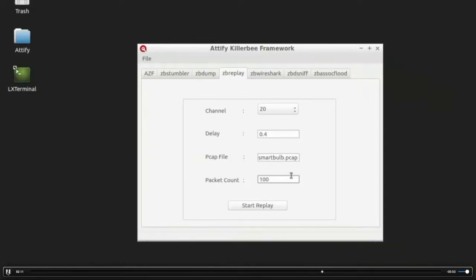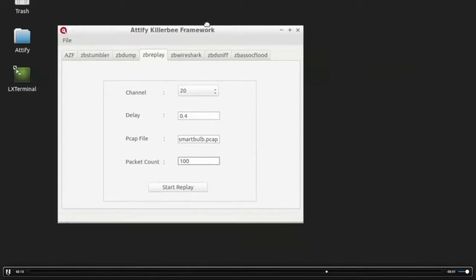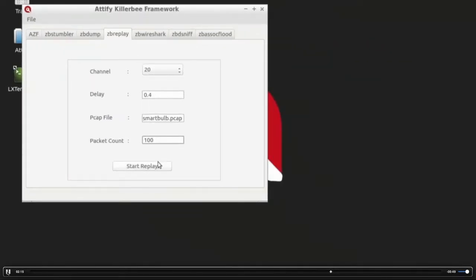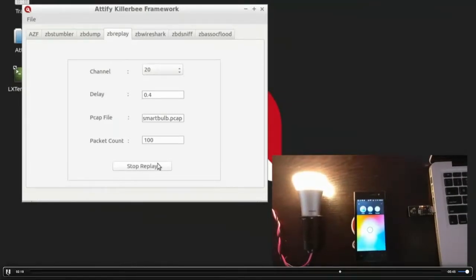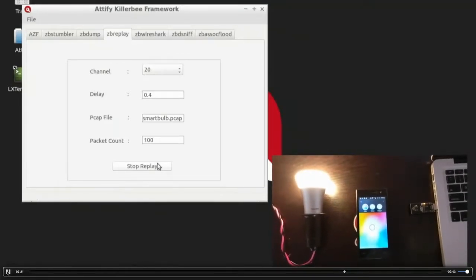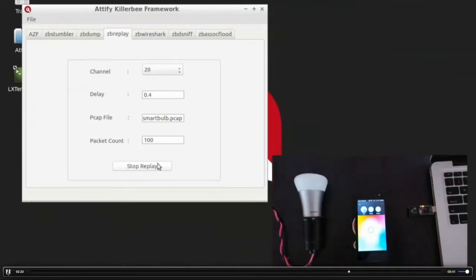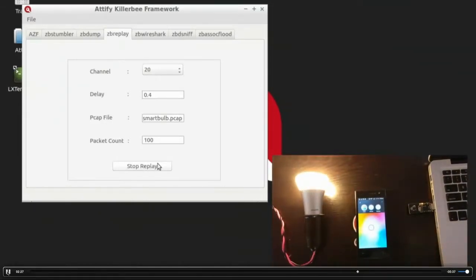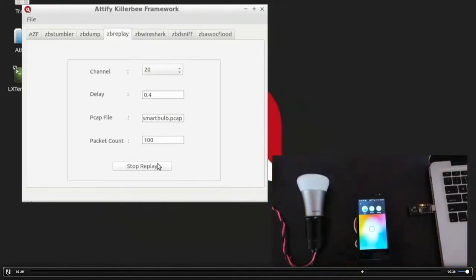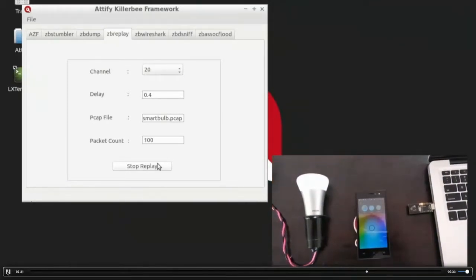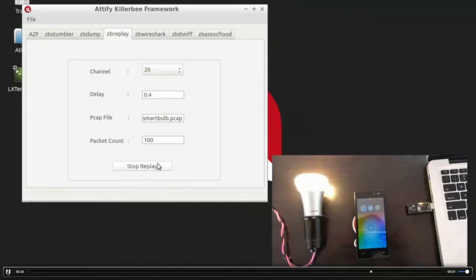And as soon as you hit start replay and have your Atmel RZ Raven dongle connected, which is a ZigBee sniffing tool, you'll see that you are able to control it, no matter which Philips Hue light bulb it is, or even whether it's not connected to the hub. So even if it's not connected to the hub, you can still send it messages and control it, right?